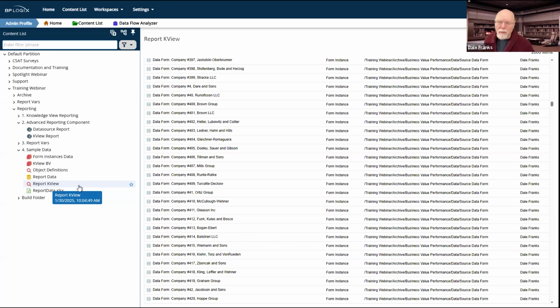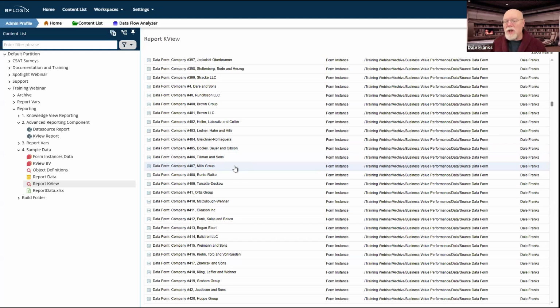And in pretty much every case, cutting out the middleman, in this case, a knowledge view, is going to provide significant and noticeable performance increases in terms of building your report and having it display, because knowledge views are expensive in terms of resources.